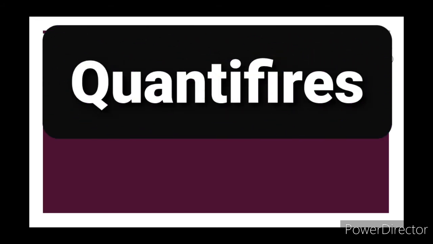Now, after demonstratives, let us understand the quantifiers. Quantifiers are the words which tell us how many or how much. And there are three categories of quantifiers. First is the quantifiers which are used with countable nouns, and those quantifiers are many, a few, several, a couple of, none of the.